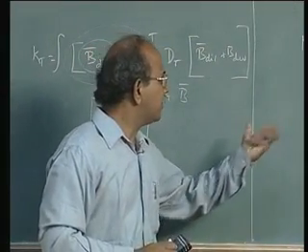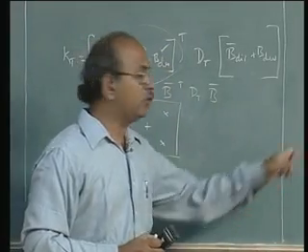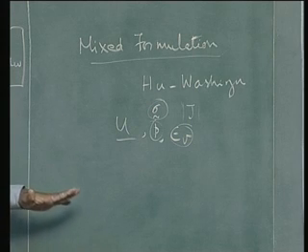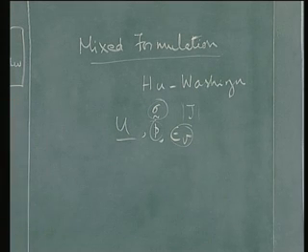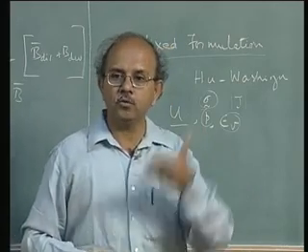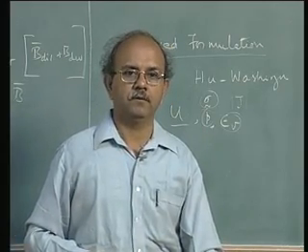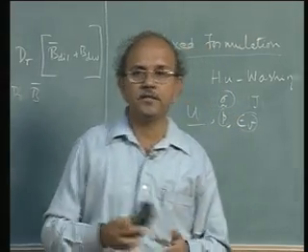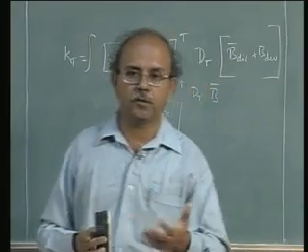Now what is this mixed formulation? When we go to U, we go to what is called an irreducible form. Simply talking, you can't go below U. U is the variable to which you can go down. When you are in sigma, we are not talking about an irreducible form. It's a reducible form. From sigma I can go to strain. From strain I can go to U. So U is the one where it is irreducible, the straight displacement formulation.